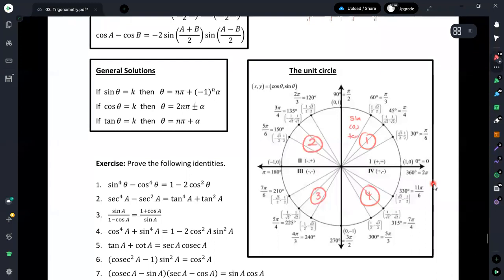With the unit circle, we have drawn a circle having radius 1, starting from the point 0 comma 0. These points will be 1 comma 0, 0 comma 1, minus 1 comma 0, and 0 comma minus 1. Since we have used a unit radius, we define this as the unit circle, and the values that we have discussed so far are already included in this unit circle.